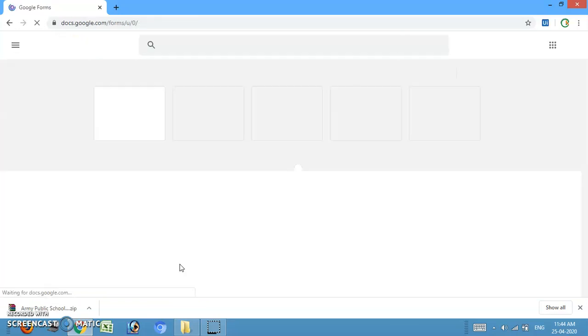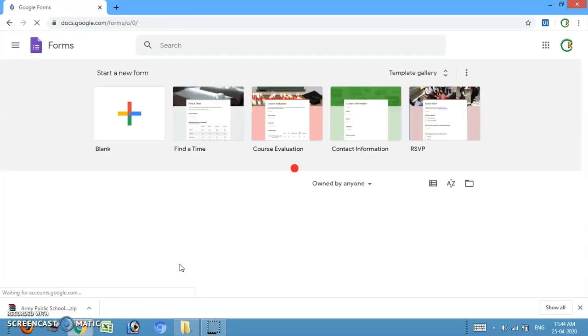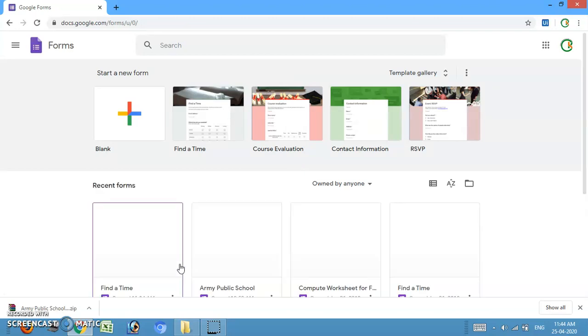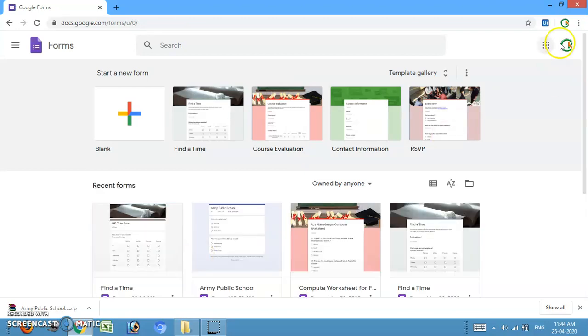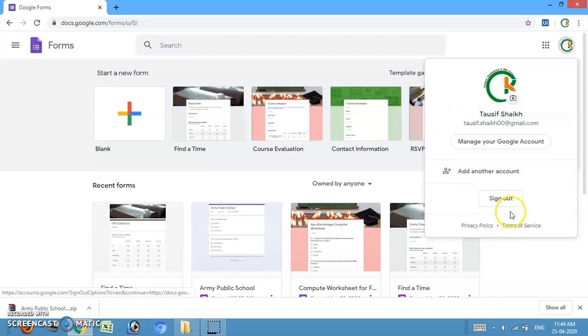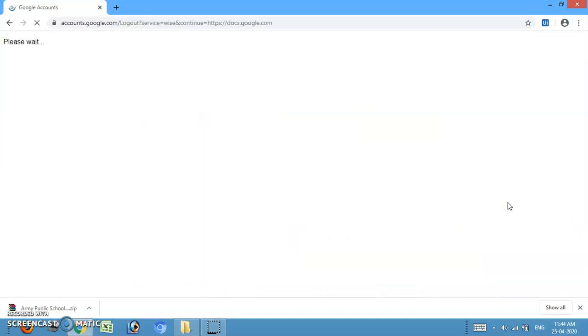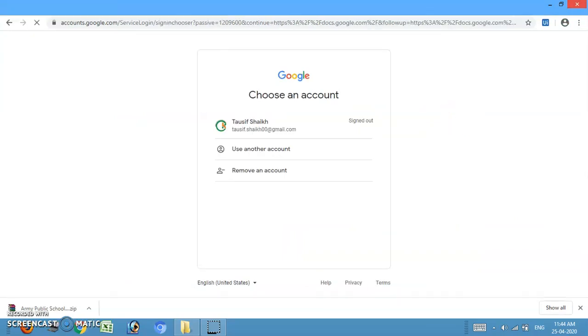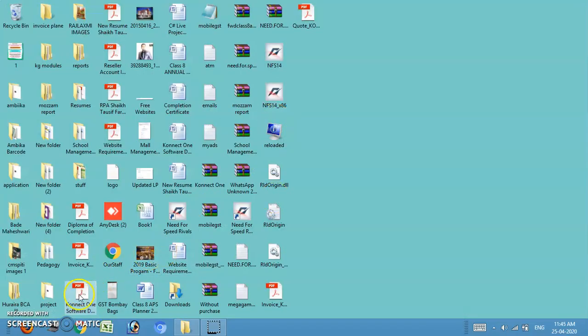When you click on this, you will be asked for an authentication before this. Like for example, I'll again show it. I'm clicking on sign out. Let's see again how to sign in. Start your browser.